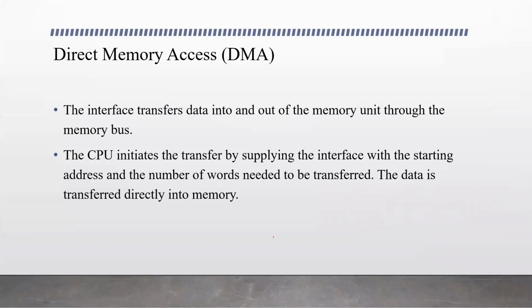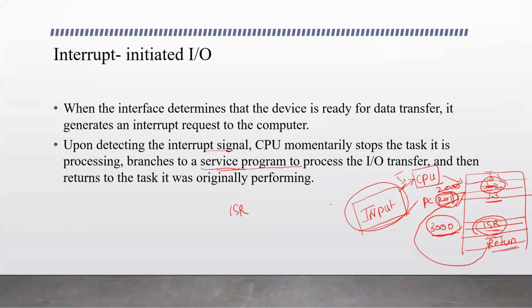And the third type is direct memory access. We discussed here that the transfer is done between the CPU and the IO devices, in both ways. It may be from the CPU to the IO device, or it may be taking the input from the input device. The CPU stores the data that it receives from the input device temporarily, and finally it has to be transferred to memory, right? The data needs to be stored in memory.